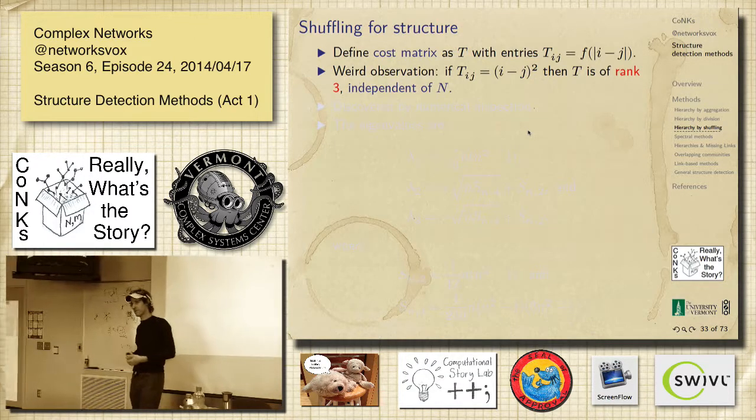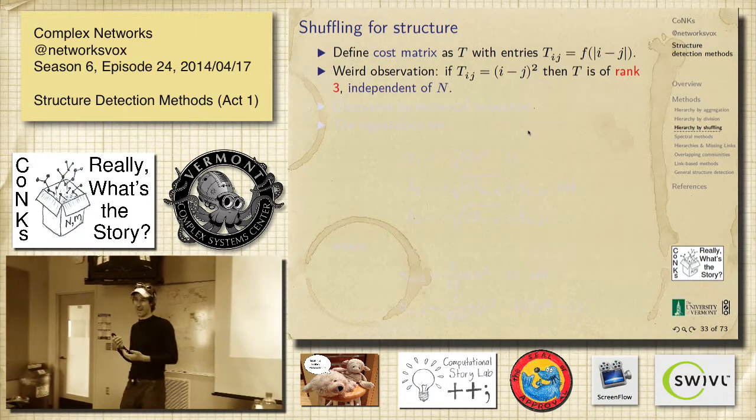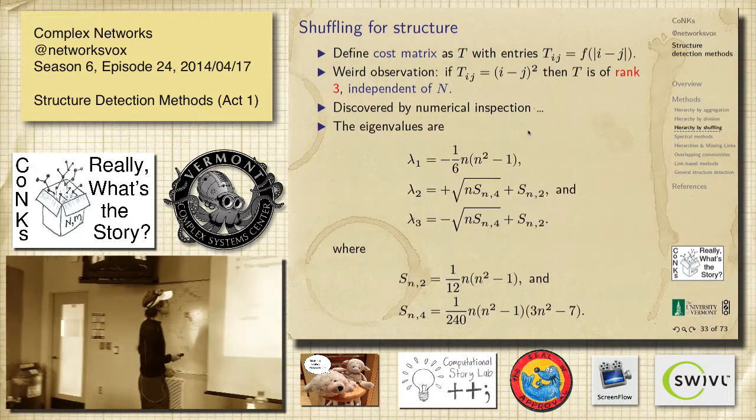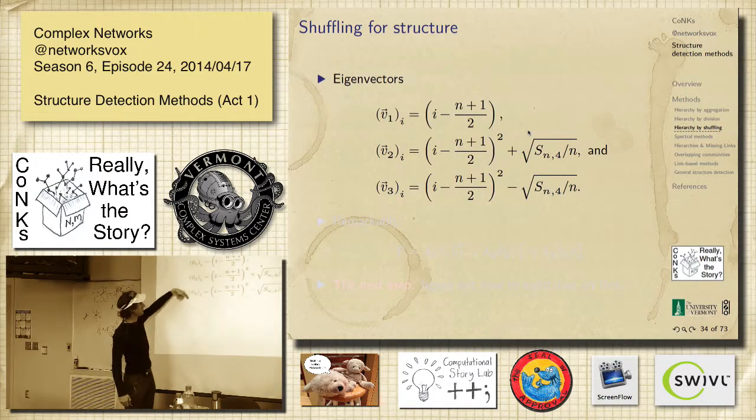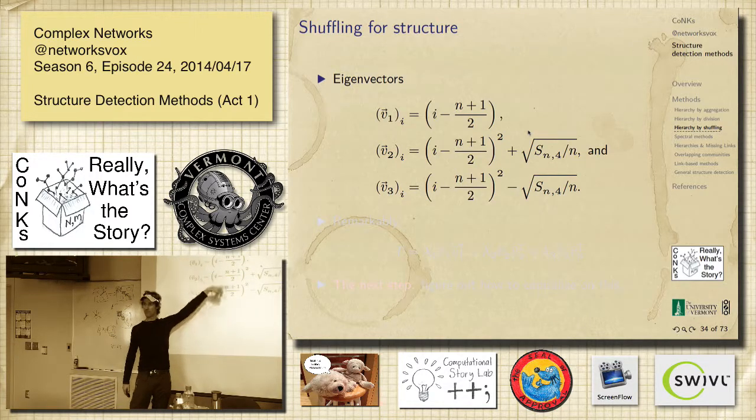It's a symmetric function. It has 3 eigenvectors, which you can actually detect, which is weird. So I found this out by numerical inspection. It turns out this is the solution for the eigenvalues. It's nuts, and then the eigenvectors have some mad terms in here. You can see there were sums from 1 to n and sums of the squares from 1 to n. This is really nuts, and you can actually figure out what the eigenvectors look like. The eigenvectors are actually pretty well behaved, right?